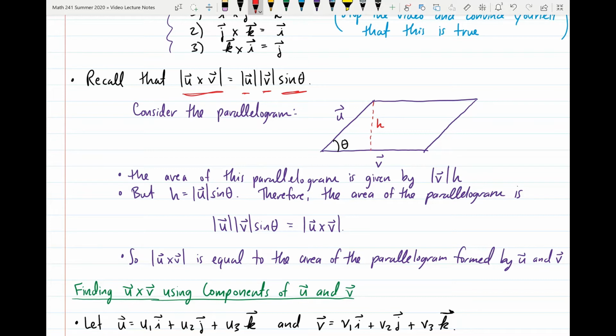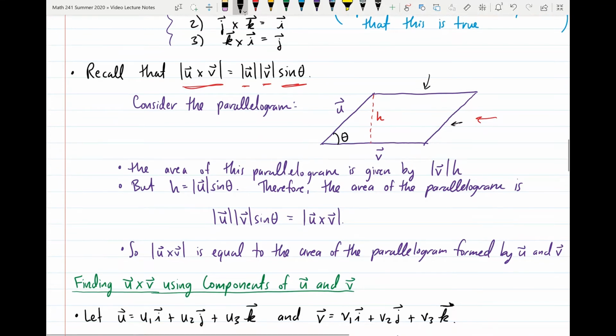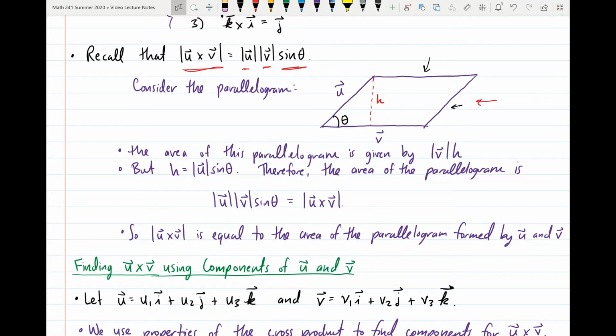So consider the parallelogram that we're forming on the right here with the vectors u and v. We just complete the parallelogram so that this side over here is parallel with our vector u, and this side here is parallel with our vector v. So the area of this parallelogram is given by the length of the vector v. I probably should put arrows on these vectors. The length of the vector v times h, which is the height of the parallelogram, as I've given in red